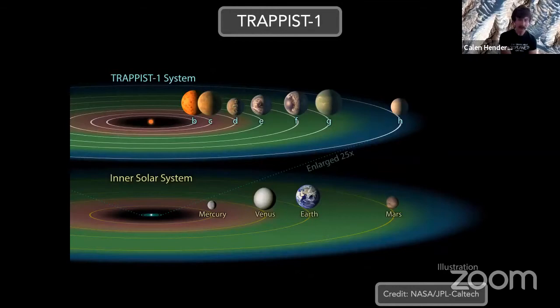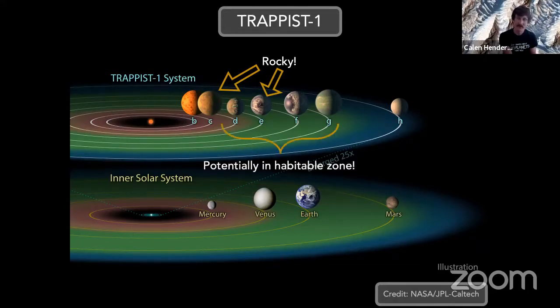So now what I would have done is color-code the orbital separation according to roughly what the habitable zone is. Red is where water at standard temperature and pressure would boil, blue is where it would freeze, but green is roughly where it would exist as a liquid. So we see not only are there densities measured for several of the planets, but for one of those, E, which we know from the density is rocky, E is actually on the inner edge of the habitable zone in